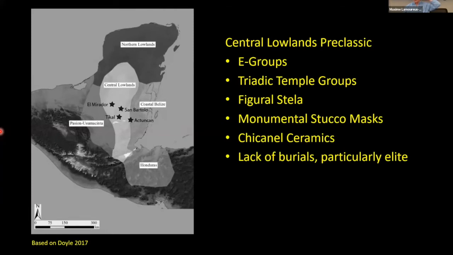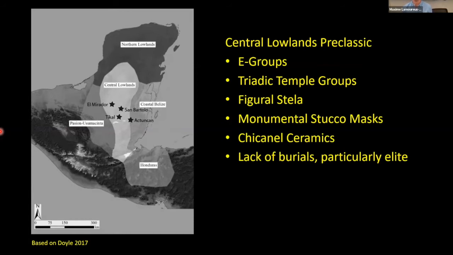So just to start by looking at the pre-classic in general, James Doyle has done us a favor of producing this map in his book, which he did to constrict the frame of his arguments to the central lowlands area. But he identifies a central lowlands pre-classic tradition that has a certain set of architectural and